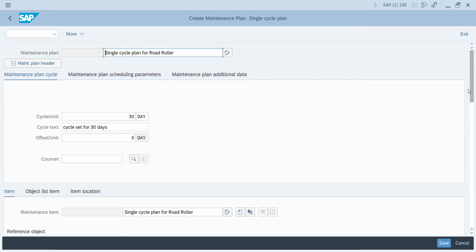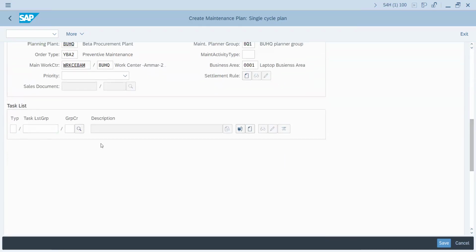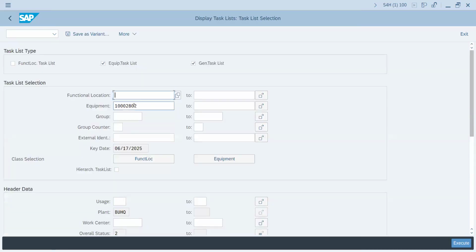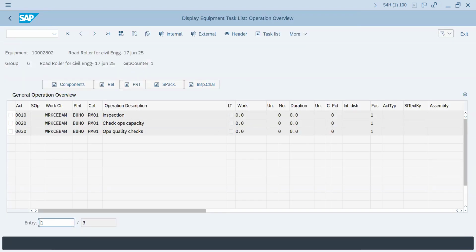Okay, after that, go down, and here basically is the task list. Now go over to the group counter, go for the search, and as per this equipment, here there is an equipment task list and a journal task list. Maybe you can uncheck the journal task list, and automatically the task list which we have created comes up. And if you want to see, you go over to the display role, and these are the three tasks which will be provided after every